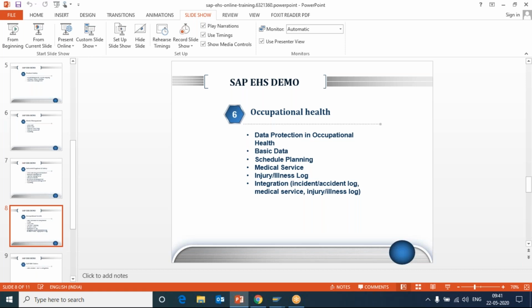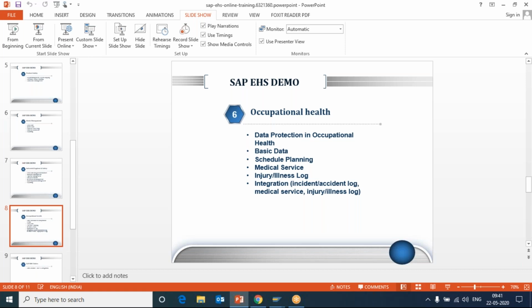Be it the preliminary health screening of the candidates before they are onboarded into the company, or the regular health checkups that the companies conduct in order to see if the employees working in a particular area, so those who are exposed to hazards like noise or maybe vibrations or chemicals. So these are the sectors where companies expect the employees to undergo regular health checkups.